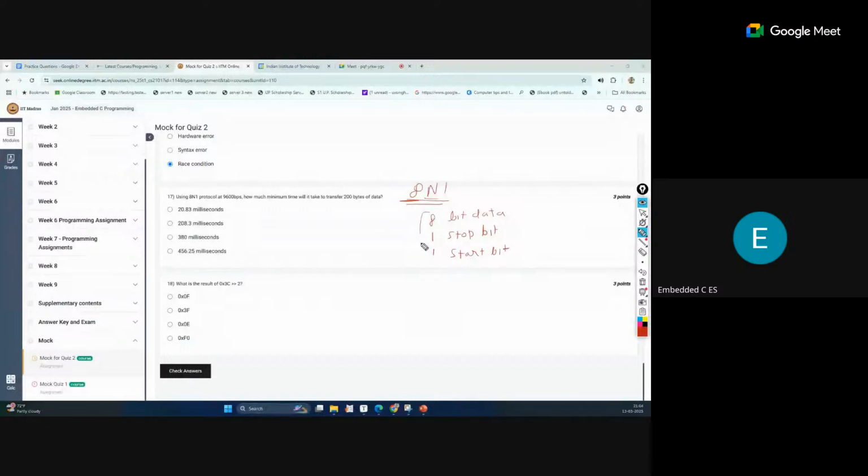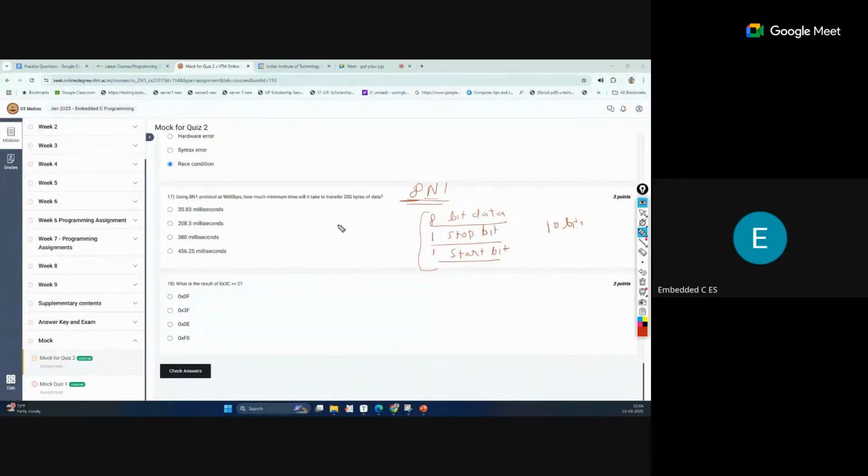So this protocol uses this structure for data transmission: one start bit first, then 8 data bits, then one stop bit. So a total of 10 bits is required for 1 byte.